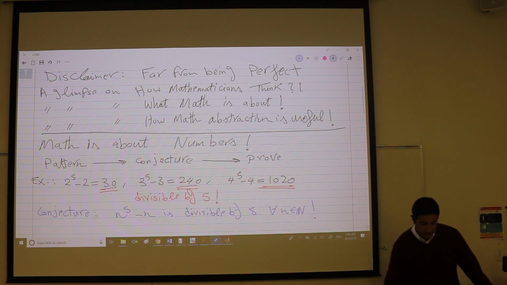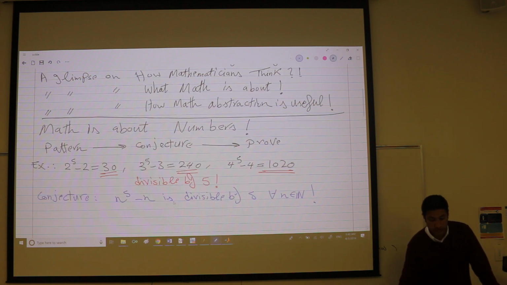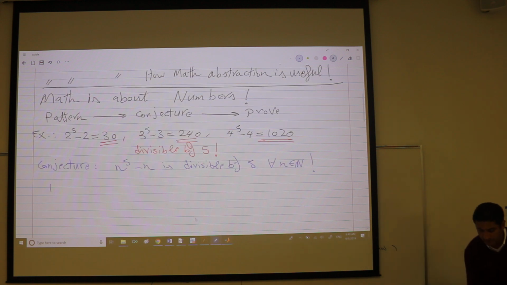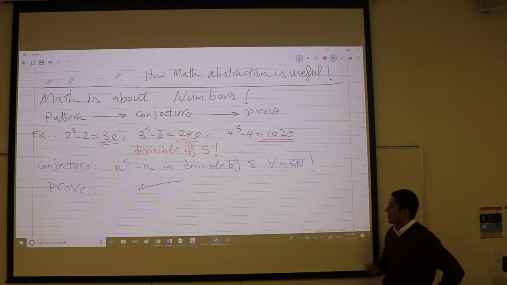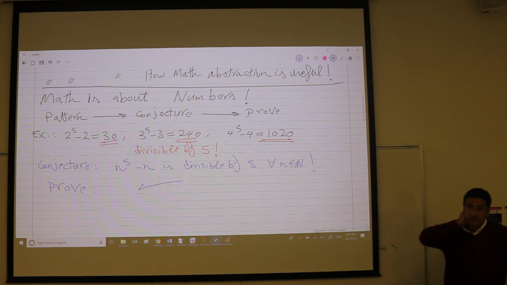And you ask yourself, is this conjecture true or not? And go and try to prove it. And it's very easy to prove. I will not waste the time of the lecture. We can talk about it after the lecture. It's very easy to prove. And yes, it's correct. Okay, so the thing here, if you want to give a glimpse of how mathematicians think,